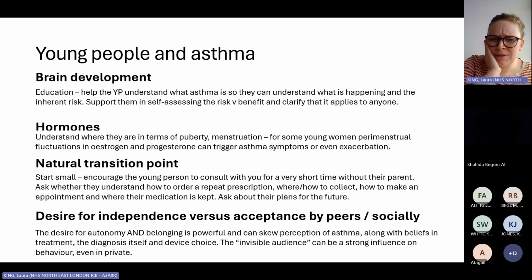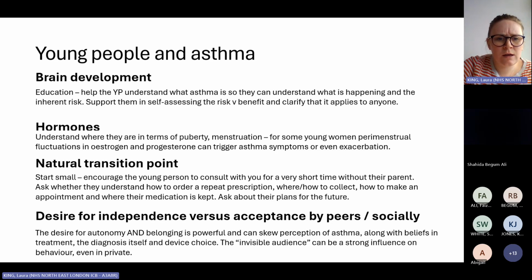There are some quite interesting myths out there about asthma. I wouldn't encourage you to do this, but I did at one point join a parents' asthma group on Facebook because my son had asthma. I wanted to see the myths. Left it quite swiftly because it was quite frightening.